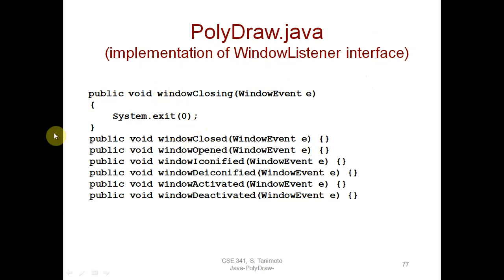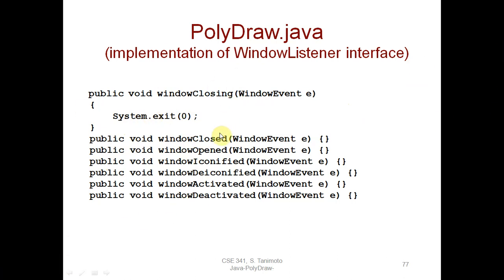for handling window events. So you can see here a public void windowClosing. This event will activate when we close the window. Inside the argument bracket we have the argument WindowEvent e and System.exit(0). So as we press the cross button to close the window, System.exit will execute and we will come out of the window. So the closing window is linked with this statement. Somehow we are linking the event with a particular statement.